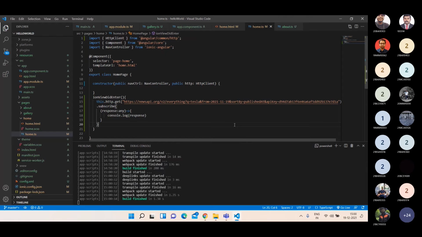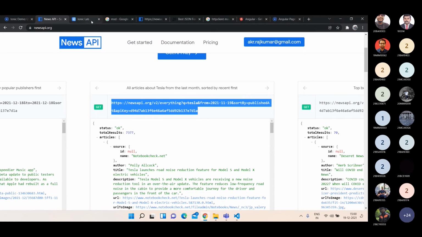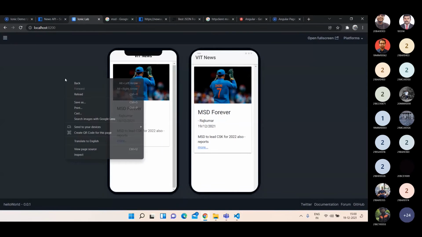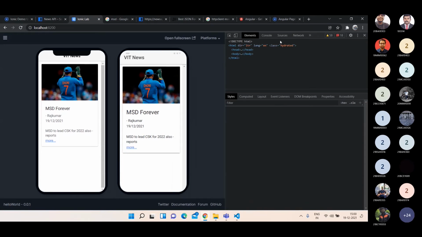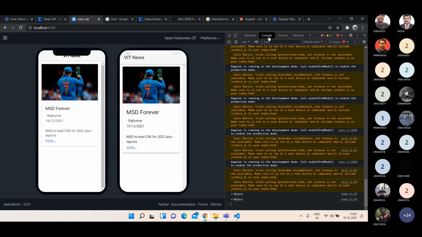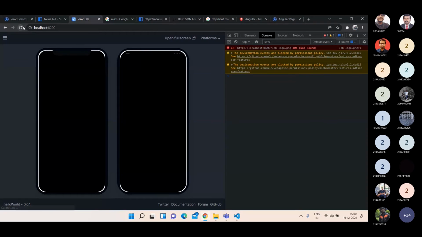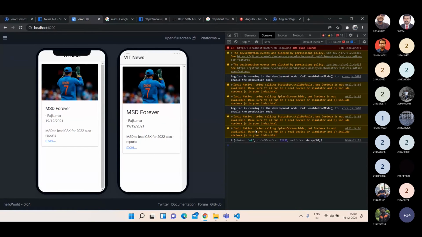The expectation is that once you are logged into your application, you must see all the data in the console window. Let me refresh. Can you see the server data here?